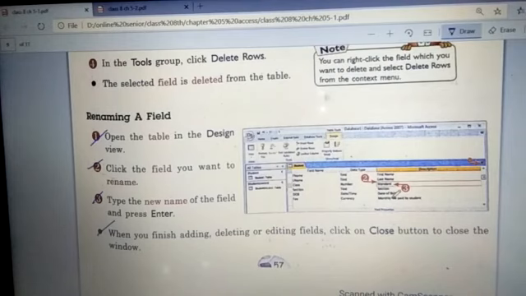And the thing is, children, don't forget to just mark this, like click the field you want to rename. So second step is this one. So here it is showing where you have to change the name, right? So show this step. Then third also, type the new name. So in this cell only, you have to type the new name. So that is step 3, and it is showing step 3.